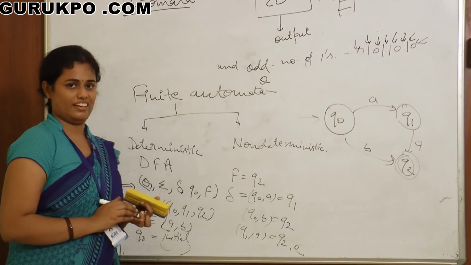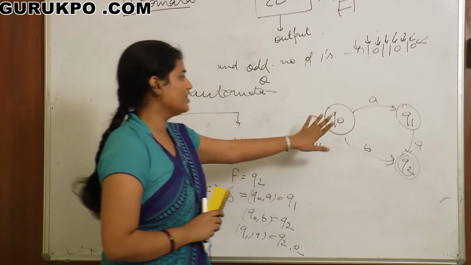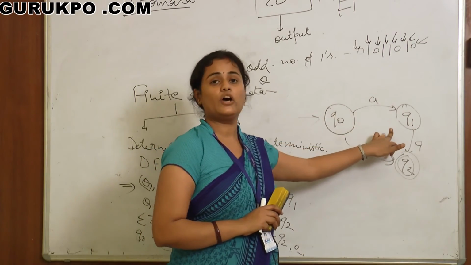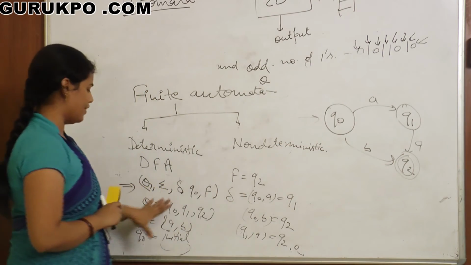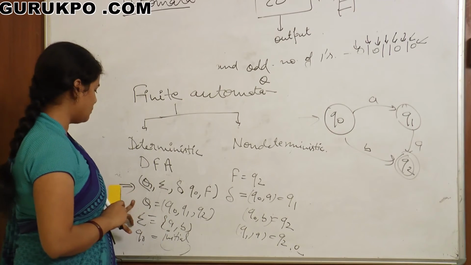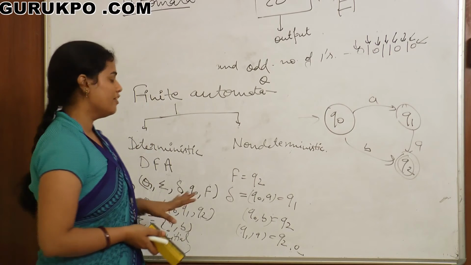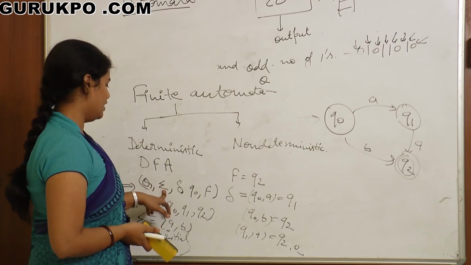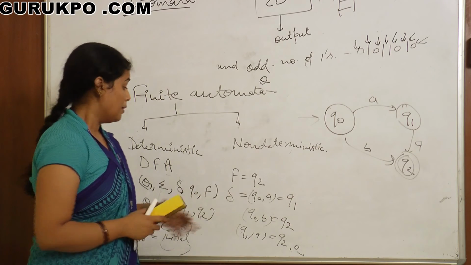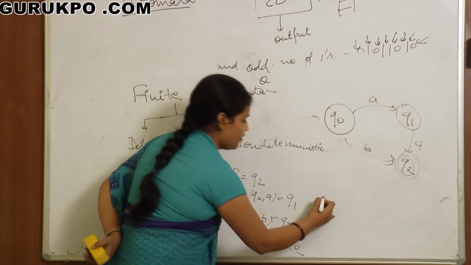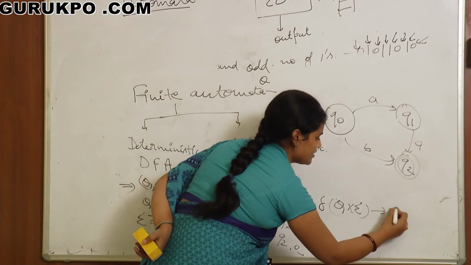Now it is very clear that for a single input we are getting only a single output. That is why this is a DFA. A DFA is a collection of 5 things, a set of 5 tuples. As automata is a set of 5 tuples, that is why DFA is a set of 5 tuples. These 5 tuples are Q, input symbols, production rules, initial state and a set of final states. In this case, we can say when we give an input symbol at a state Q, then we will reach a single state.